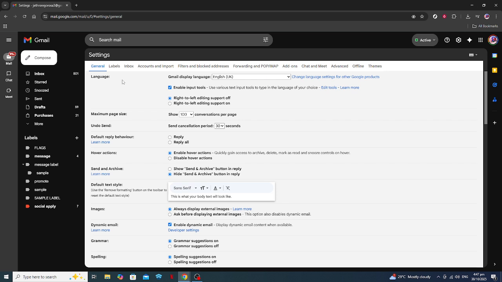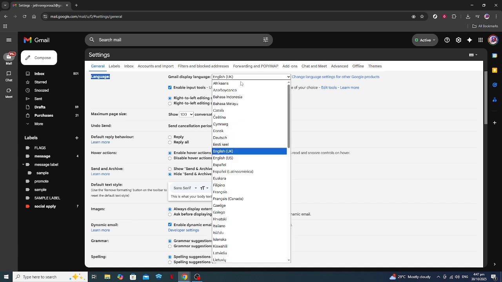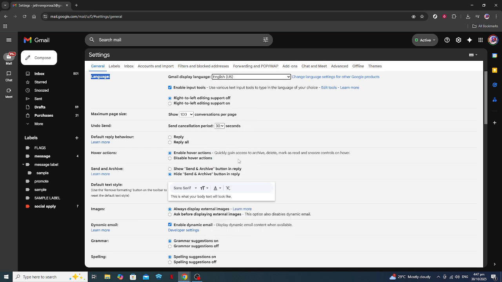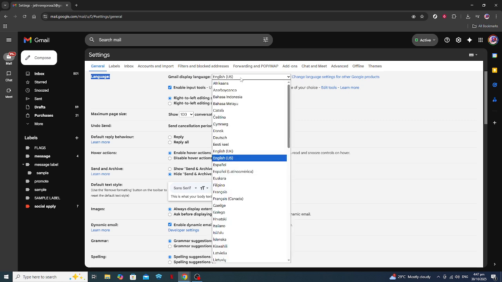This is where most of the basic Gmail settings can be found. Here, the first option you should see is Language. If you look closely, you'll see that a drop-down menu is available, showing the current language your Gmail is set to. Click on this drop-down menu to reveal a list of available languages. Once the list is visible, you can scroll through it or use the search function within the drop-down to find your preferred language. When you've located the language you want your Gmail to be displayed in, simply click on it